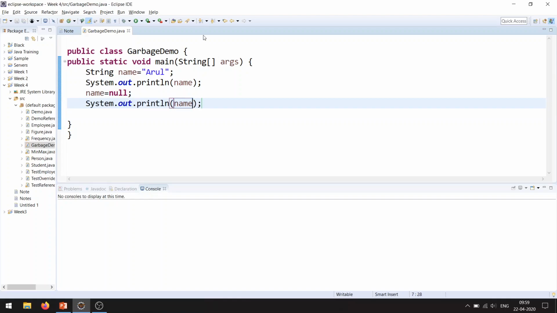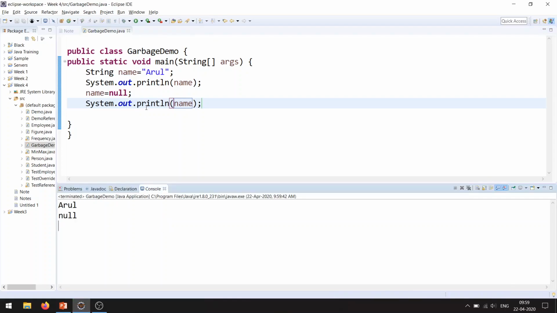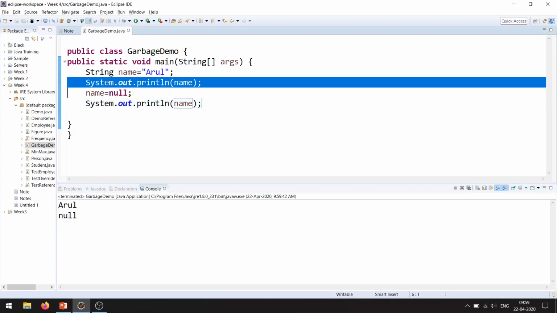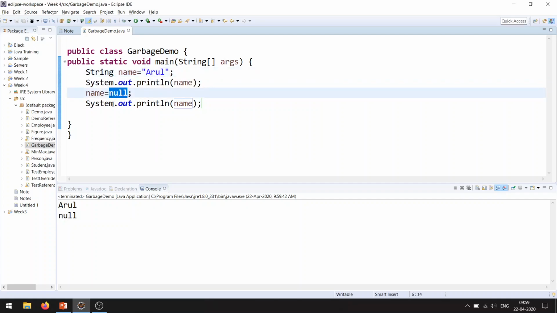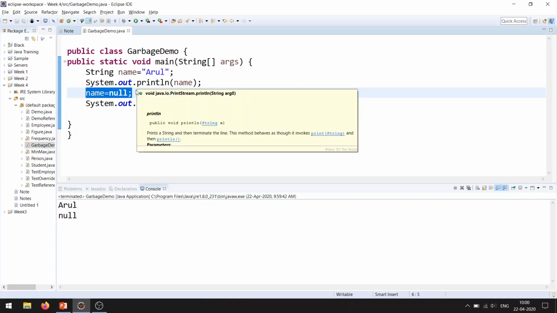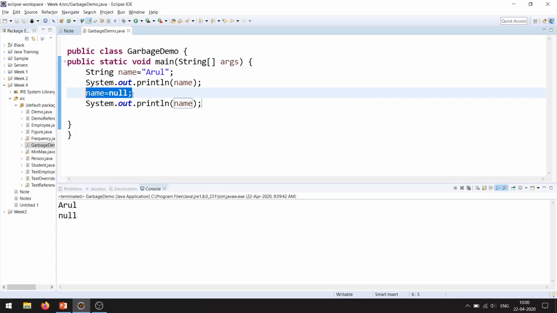Now we'll look at the output. Here in this line the name is referring to the object which contains the data "arrow", and here we are dereferencing it, right? After this line there is no other way to access the data "arrow". You cannot access it, right?